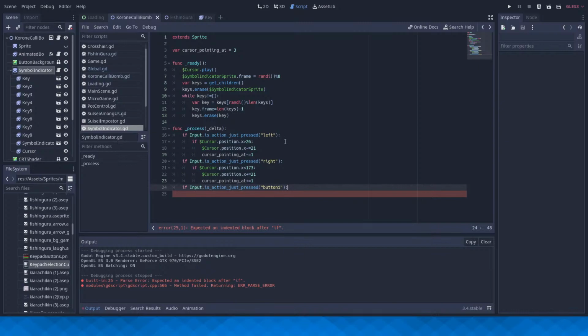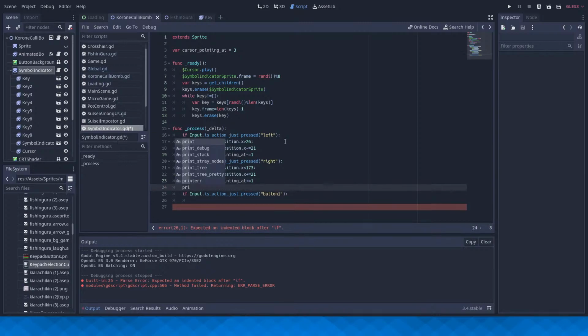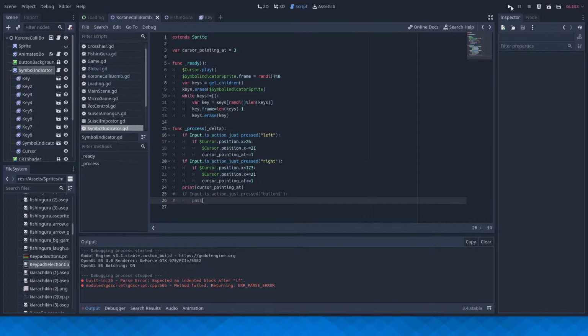So, if, wait, I'm gonna debug this real quick. Make sure everything is working correctly. So, I'm just gonna print cursor pointing at. Let's comment this out. Pass.